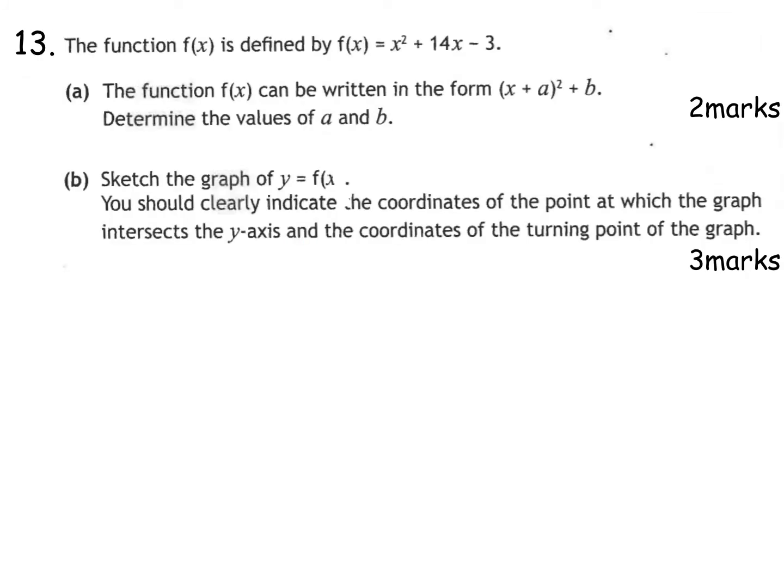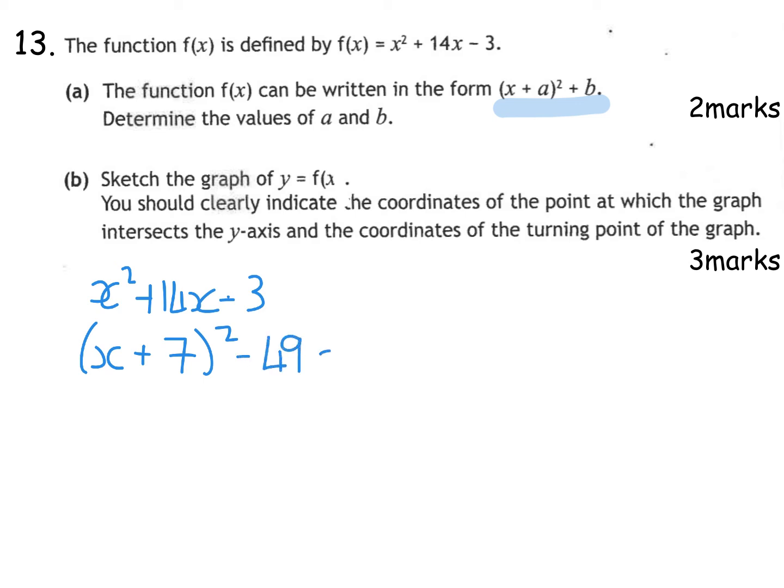Okay, so we're now on to question 13. It's given as a function and it says it can be written in this form, to find a and b. Now that form there, you should hopefully recognise is just completing the square. So we're going to start with the function x squared plus 14x minus 3. To complete the square, you do x plus half of the 14 is 7, all squared. 7 squared is 49, so you take away 49 and then you include the number you had, which was minus 3. Now that then gives you, when you tidy it up,